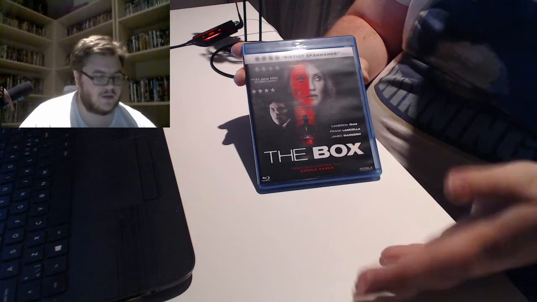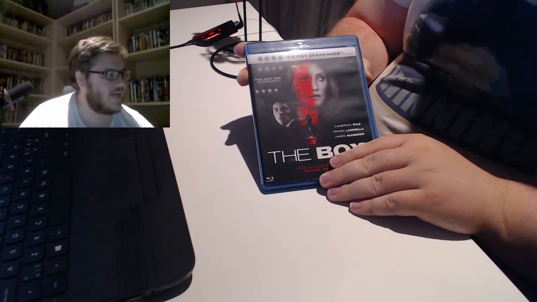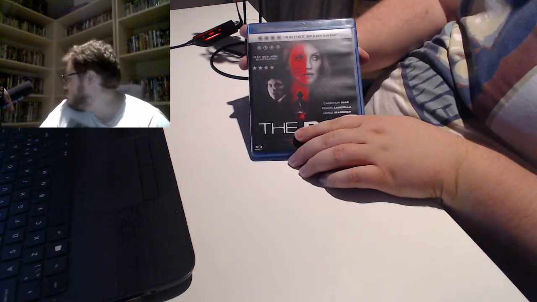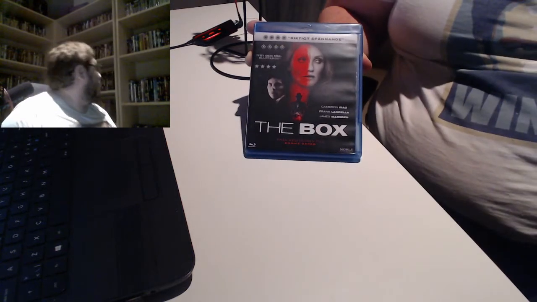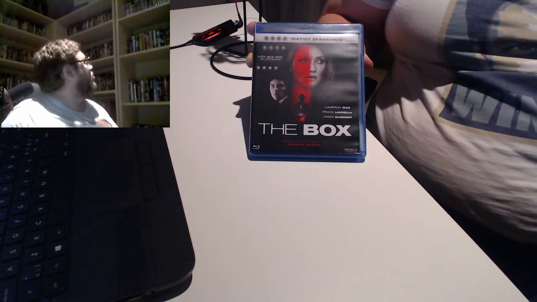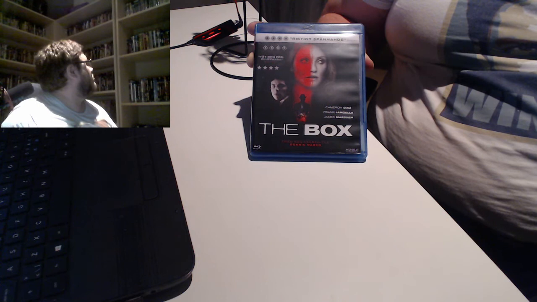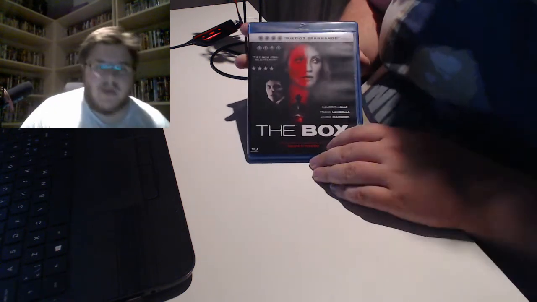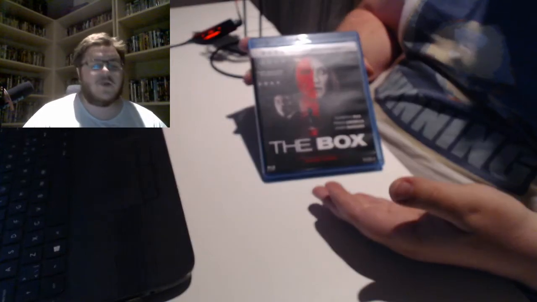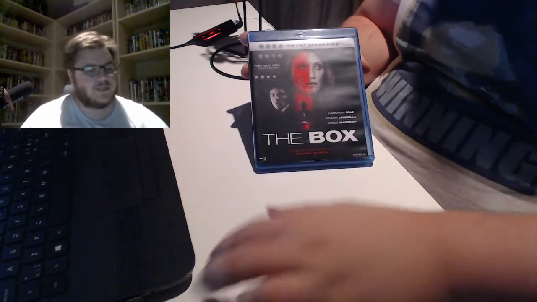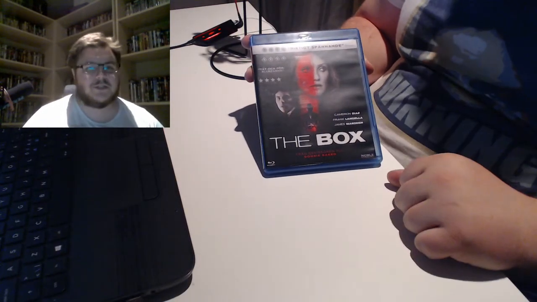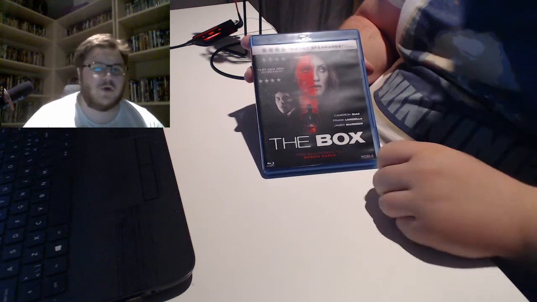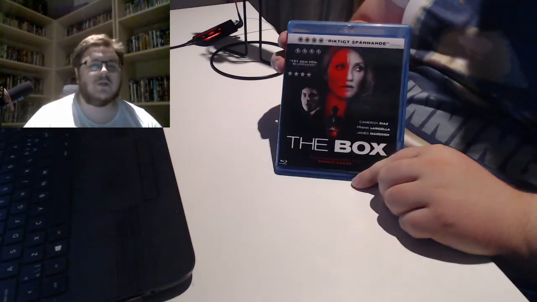The first one being Donnie Darko, and the second one being Southland Tales. It's the movie where a guy comes over to your house, he says, if you press this button, you'll get $1 million, but someone you don't know, someone in this world will die.